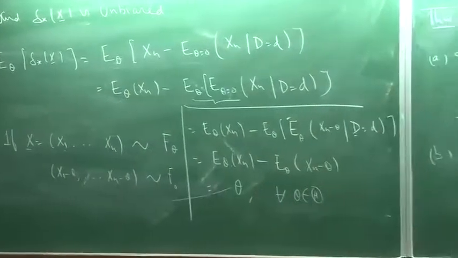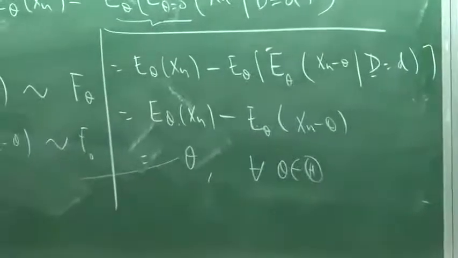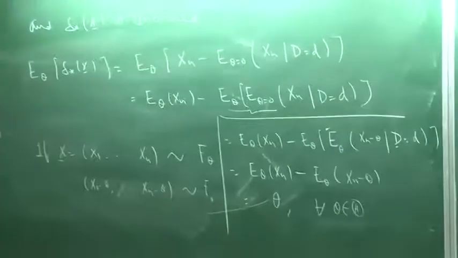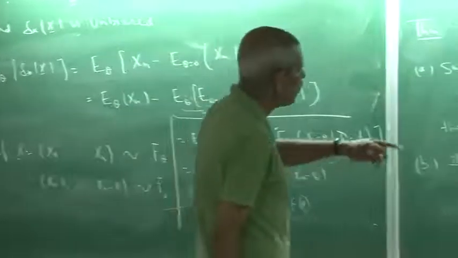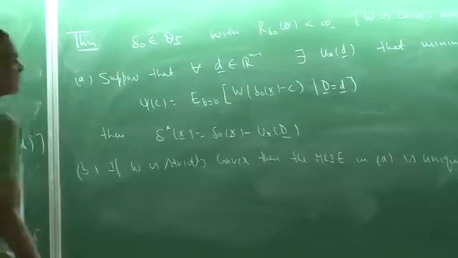So this proves that MRIE under squared error loss function is also unbiased. So let us look at what happens under general loss function. Under general loss function,